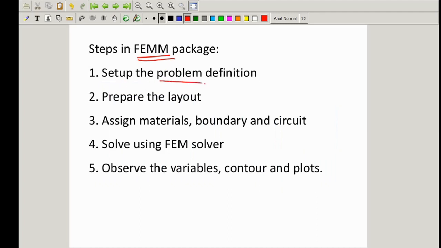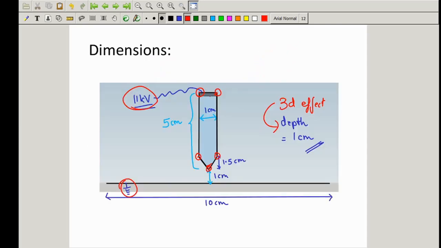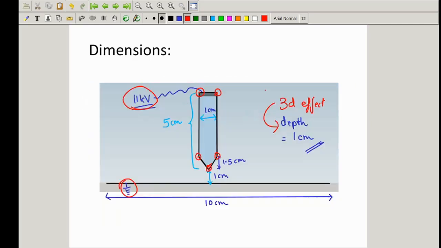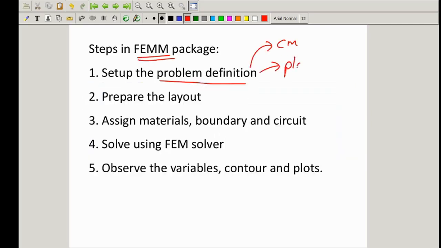First it pertains to the problem definition, which requires us to put the unit of measurement for the structures used, like we'll be using centimeter. And then since this is a planar structure of this 3D object, we'll need to specify that we are performing analysis over this planar structure, and then the depth, which is 1 centimeter.